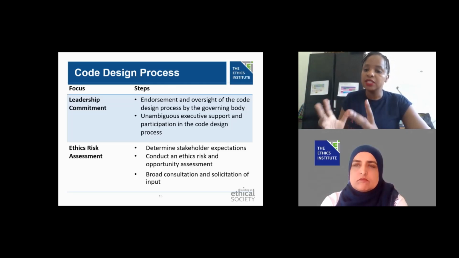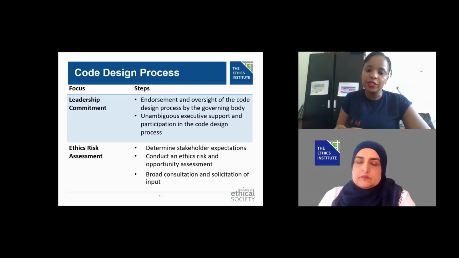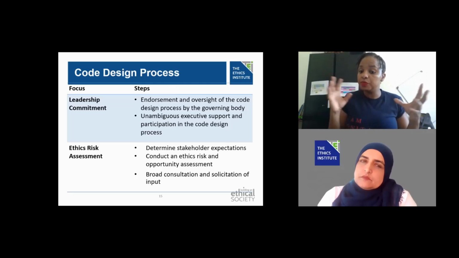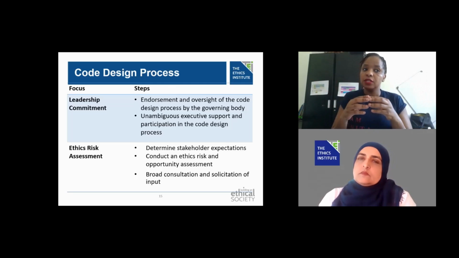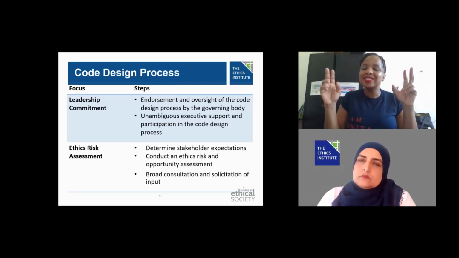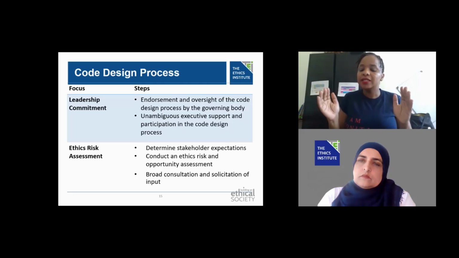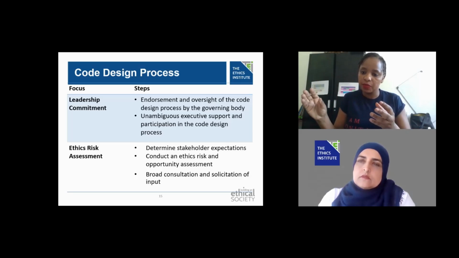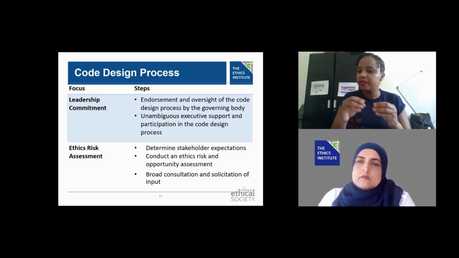So it should always be a multi-team working on it, because first, a multi-team gives you different perspectives of sometimes the same risk, because the same risk in a company is different in terms of how it affects different teams. And it's necessary to have this understanding when you're drafting any type of code, to understand how it affects different stakeholders, so that your language and what you write is able to cover all those people and have their buy-in.